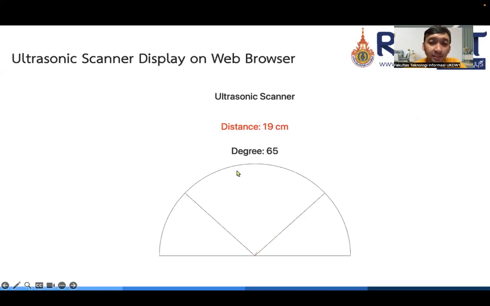So this is the design of the website application for this example, the ultrasonic scanner displayed on the web browser. This is the title, and we can get the distance based on the sensor and the degree where the motor servo is sweeping. And we visualize all of the measurements with this graph.